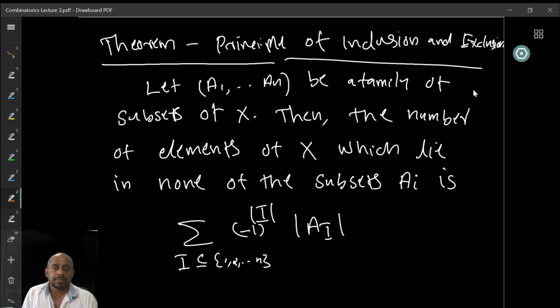Okay. So we are counting the elements which are not in any of the sets A1 to An. So we have the universe and we are counting the elements which do not belong to these sets. Now, it can easily be converted into counting the union, because we just take the whole set X and subtract these elements that are in none of the sets, then we will get the cardinality of the remaining things. So that is easy.